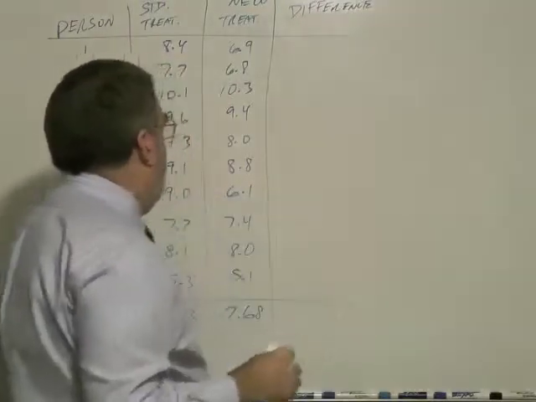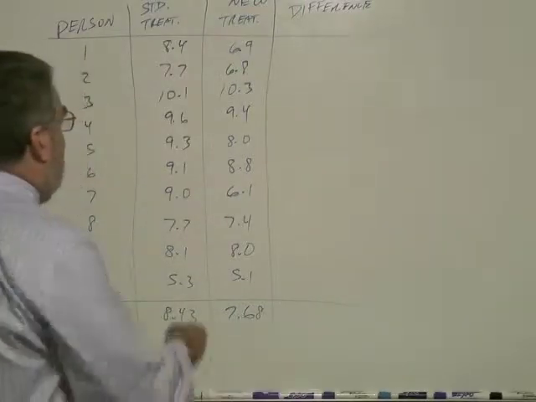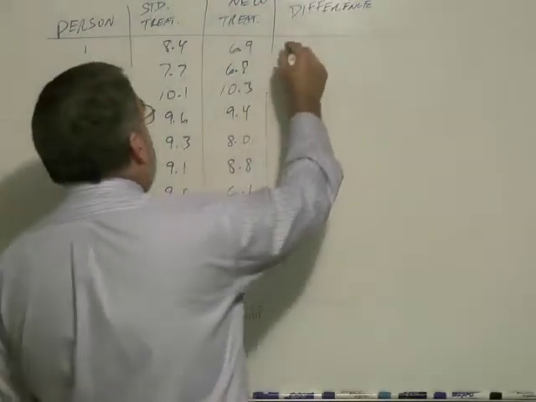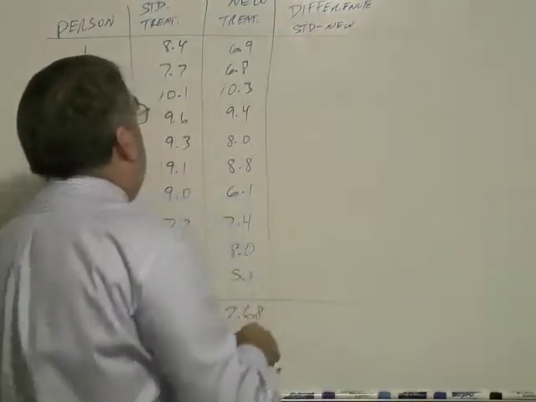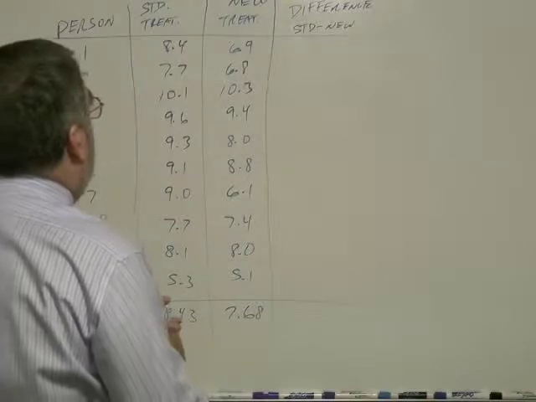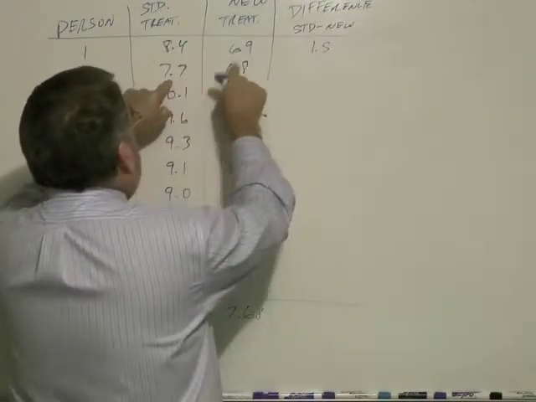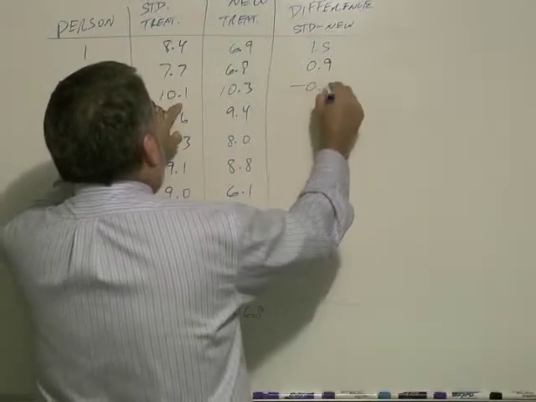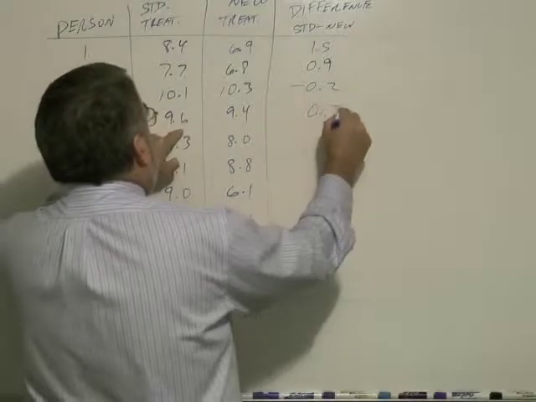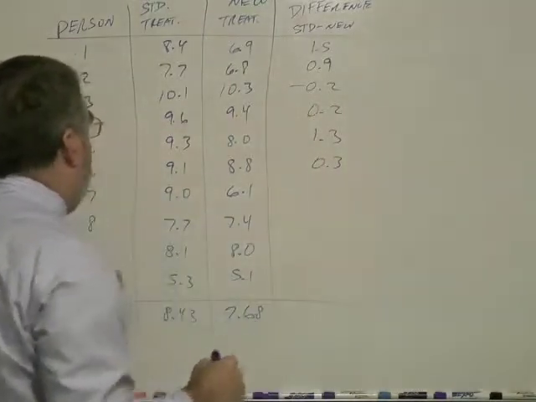Because these numbers are larger than those numbers in most cases, I'm going to take standard minus new. So I create a whole new column of numbers here. 8.4 minus 6.9 is 1.5. 7.7 minus 6.8 is 0.9. This one's negative 0.2. Then 0.2, 1.3, 0.3,